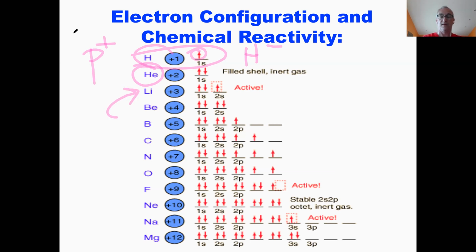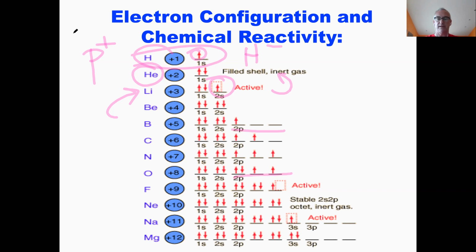Lithium desperately wants to give away that one outer electron. When it does, it looks like helium. So it is super active. It's an alkali metal. Remember, when you take these and throw them into water, boom, because they desperately want to give away that one electron, it has only one electron in its outermost shell. When it gets rid of it, it achieves nirvana. It now has a full shell, stable. And then we keep going, we keep adding electrons,